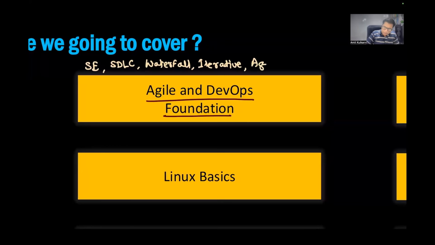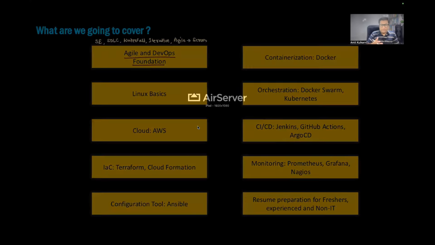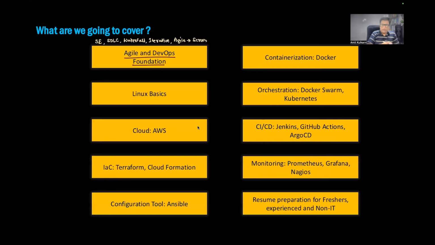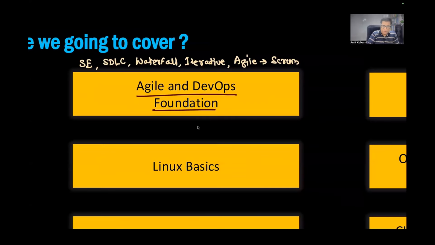And then we'll talk about Agile development, and inside Agile we'll talk about Scrum. What do we mean by Scrum, what are the Scrum principles, the Scrum roles, the Scrum users, the different use cases where Scrum is used, and the Scrum workflow, like what we mean by sprint, sprint planning, sprint development, and so on and so forth. This is what we'll talk about in this part, called Agile fundamentals.